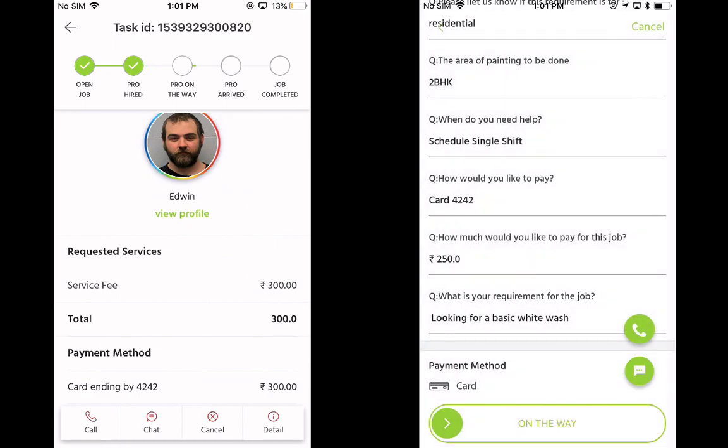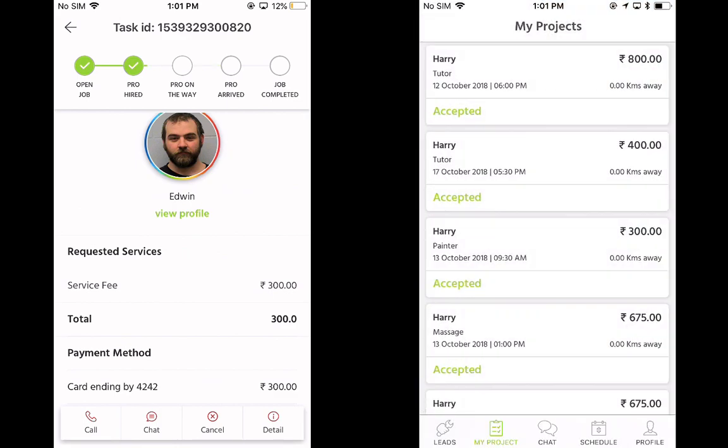So the basic check is that the booking is done for next week, 13th of October, which is for tomorrow. And because of that, we have a check that the booking does not start before time. However, the flow for it is the same, only till the confirmation page. The confirmation of the booking is where we have a different UI or a different flow depending on the setup you have done. So this is how dynamically we have created the service,